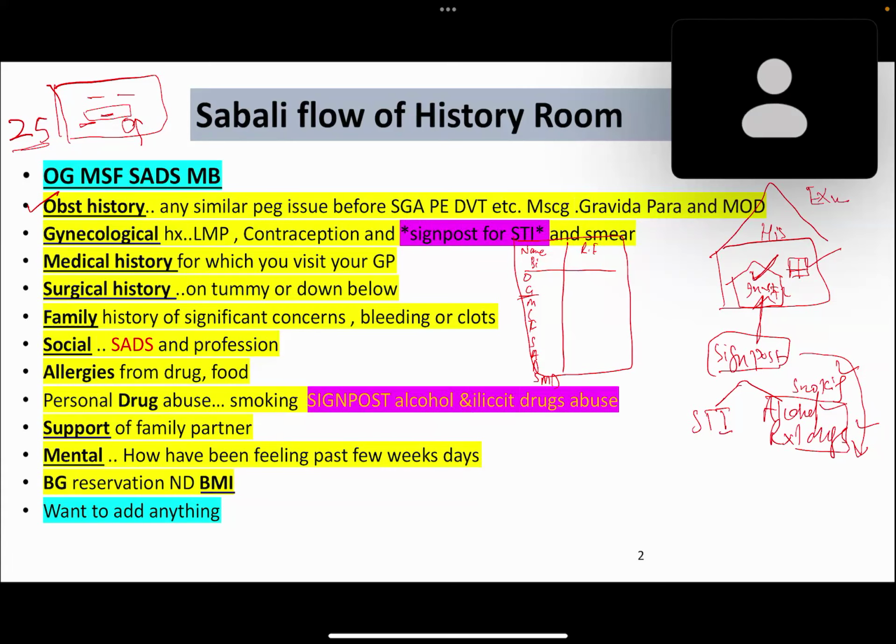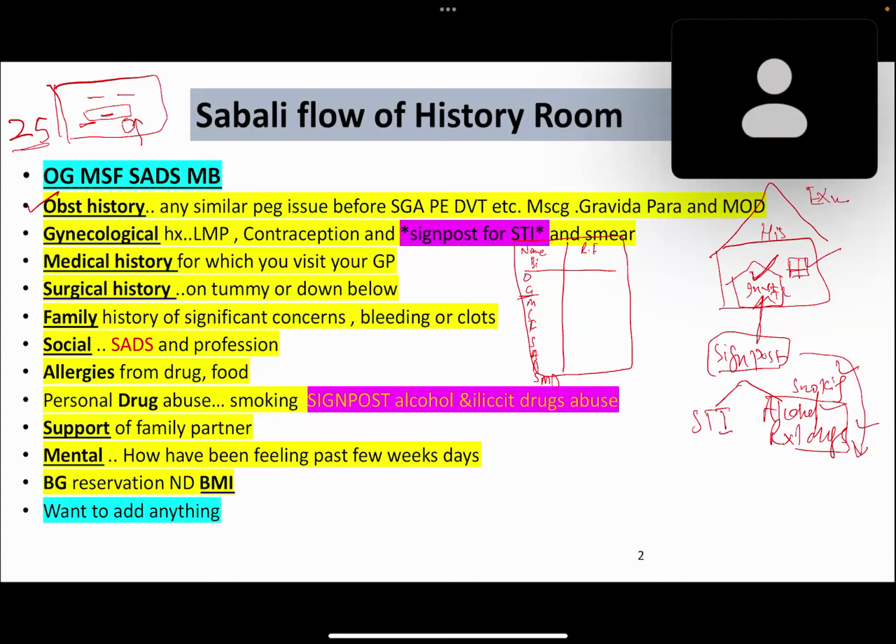But after the sign, posting, and smear, here don't shorten the history. You have to ask about the smear in the long case. You have to ask the detail of LMP in the long case, but relevant. Don't forget. Just say this line: "Are you updated with your smear?" That's it. Medical history, for which you visit your GP, whatever the line comes, but ask medical history, ask her